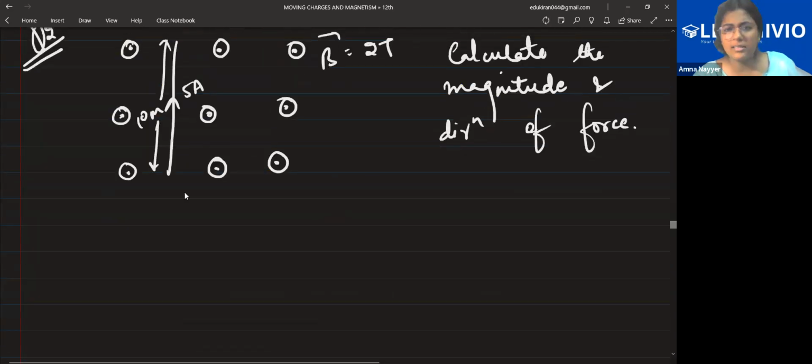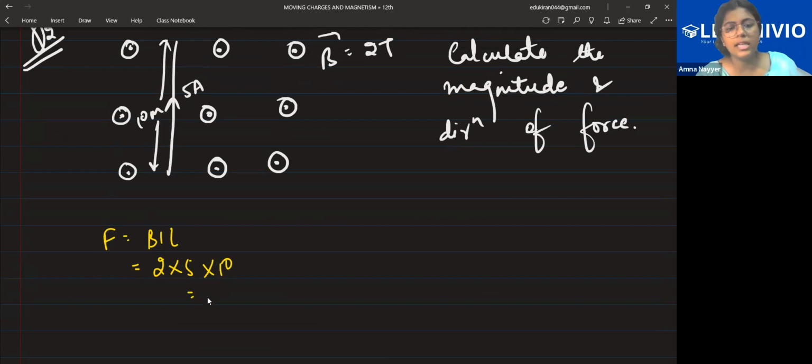Calculation part is very easy. Same calculations are here also. BIL. Calculation part is very easy. So this everybody will be able to calculate: 2 into 5 into 10. So this is 100. Now class, tell me the direction